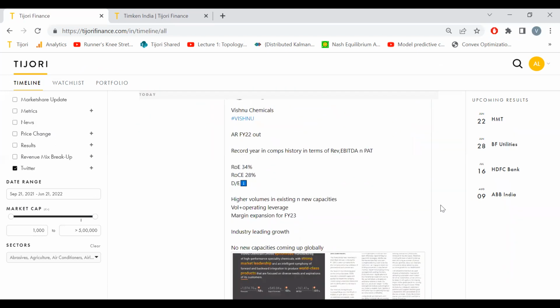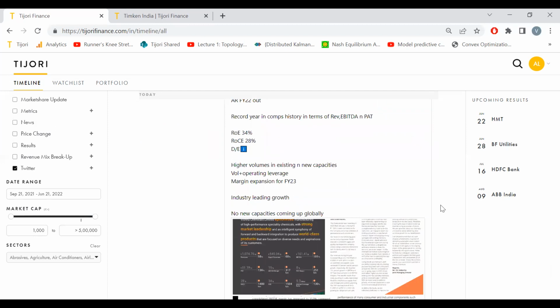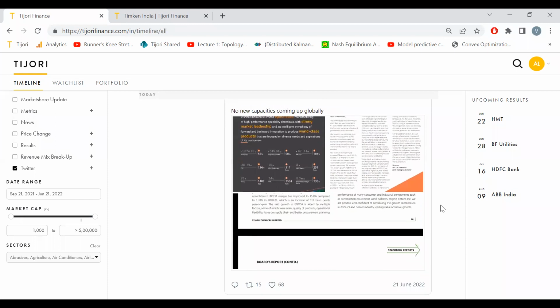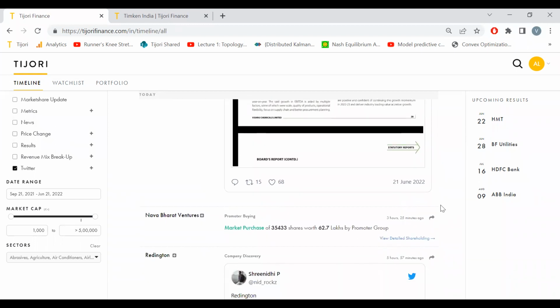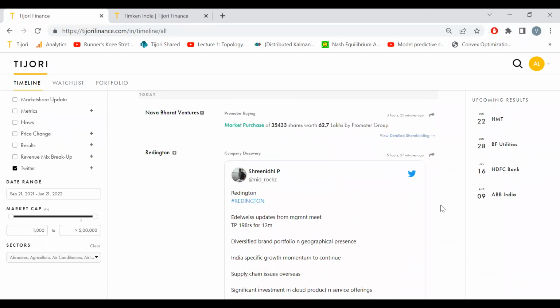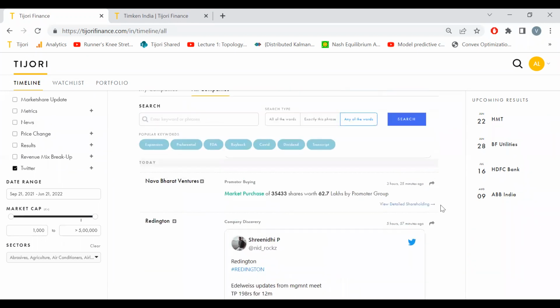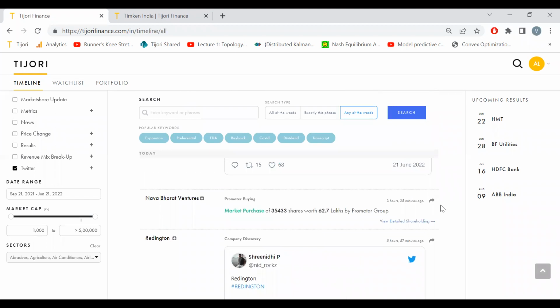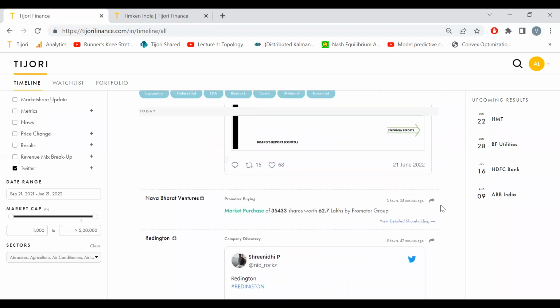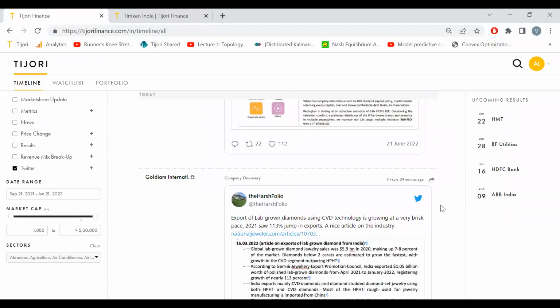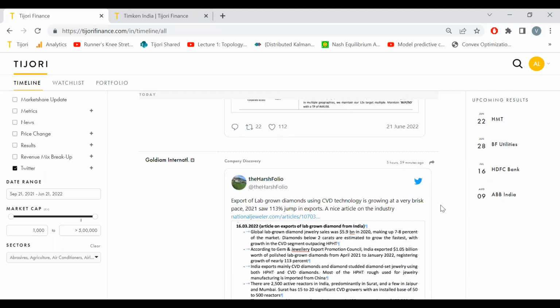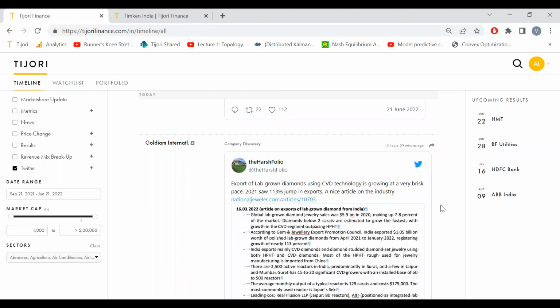Talking about operating leverage and margin expansion. No new capacities coming up globally. I'm not saying you take it very seriously. I'm not saying you open your account there and start buying shares, obviously. But it might be a reason that you at least go and look at why ICICI upgraded. I mean, they don't usually do 120% price upgrades, right? At least why? Or you get the idea, right? So in the text, some optimism is there, and then we need to, of course, find out whether that optimism is valid or not.